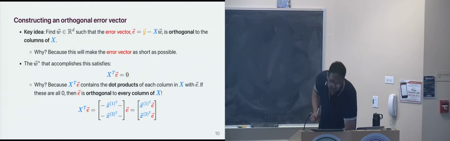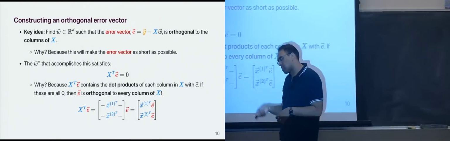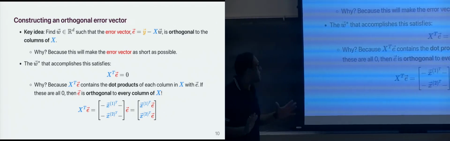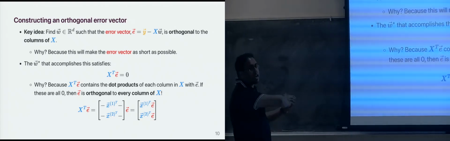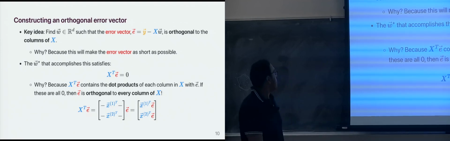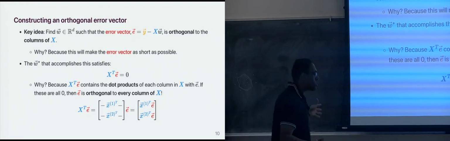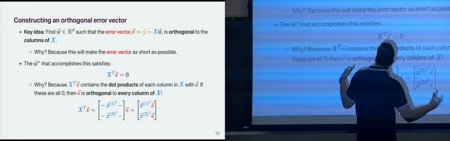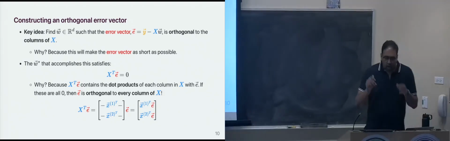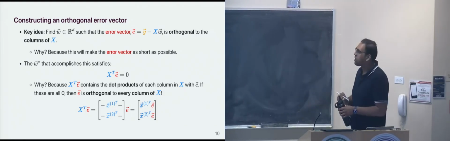Okay? Now how did we do that? How did we find the w that makes the error vector orthogonal to every column of x? First, taking a step back, why do we care? Well, it's because finding the w's that make the error vector orthogonal to every column of x will find us the error vector that is as short as possible. And remember, the idea is that error is bad. We want it to be small, so we want the length of the error vector to be as small as possible. Okay? Our conclusion towards the end of the last lecture is that the w star that makes this happen,